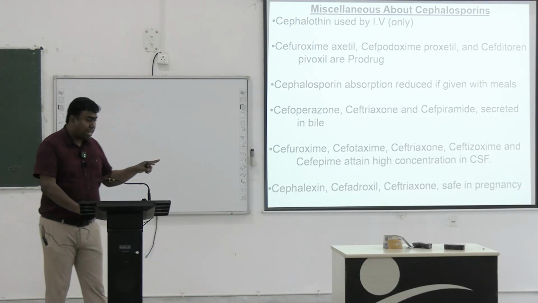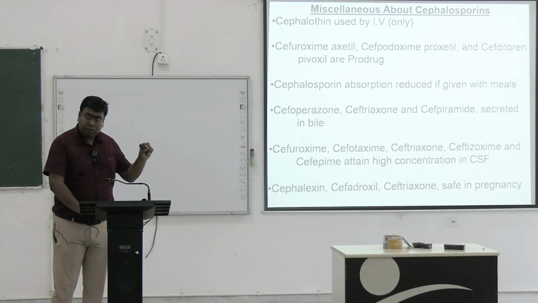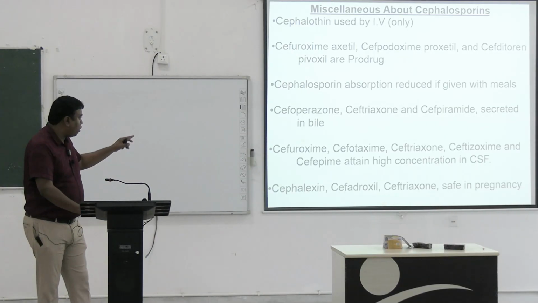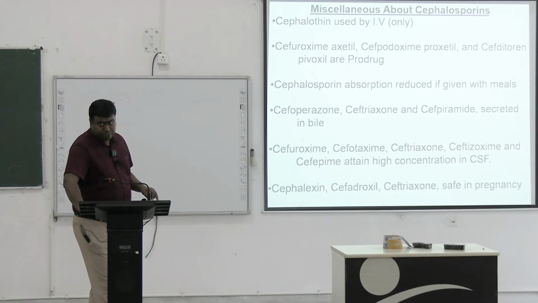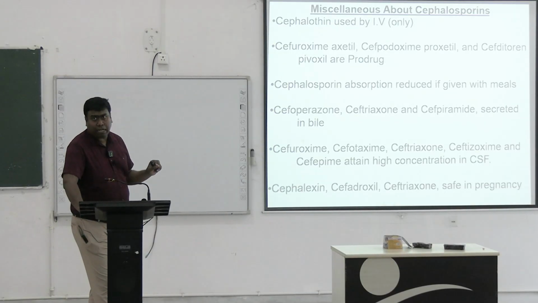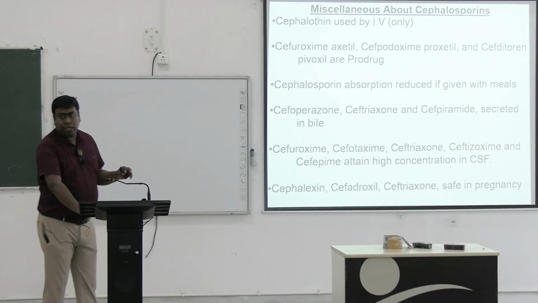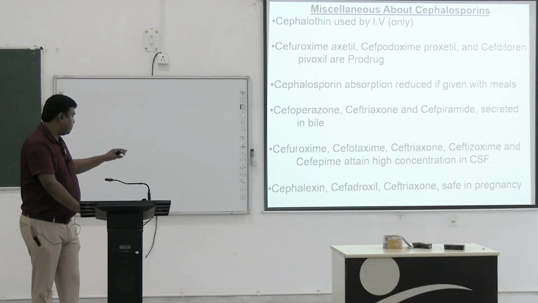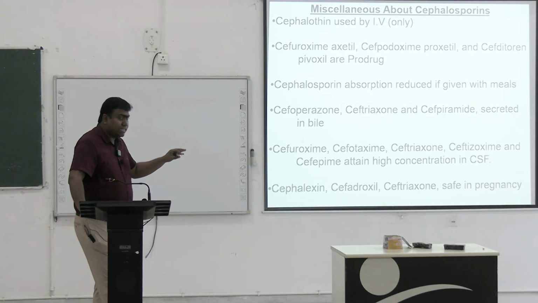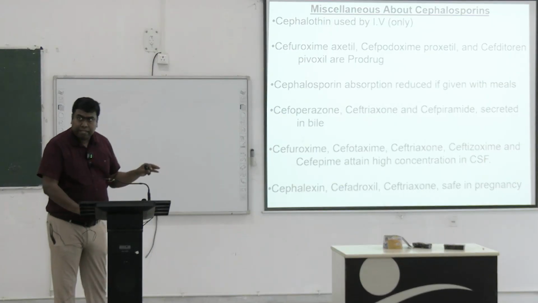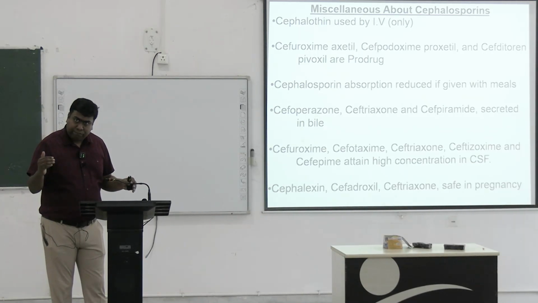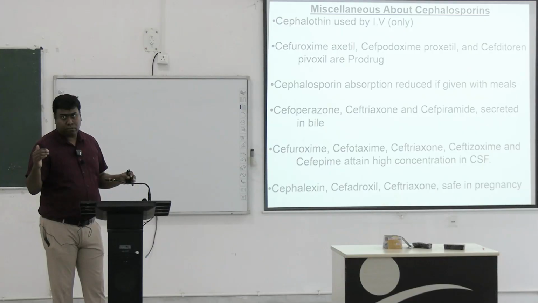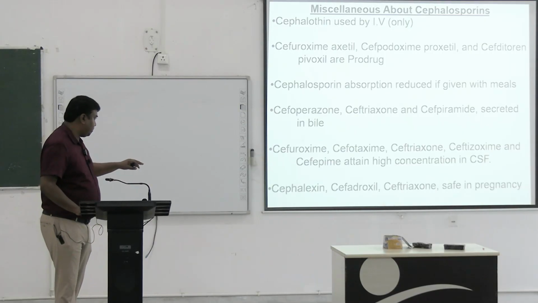Third generation ceftriaxone, bile secretion, good CSF penetration along with cefuroxime, cefotaxime. কিছু করার নেই, কিছু মনে রাখতে হবে, এগুলো এমসিকিউ এলে নালে বাদ চলে যাবে। প্রেগন্যান্সিতে সেফ, প্রেগন্যান্সি সেফ এগেন সেফট্রিয়াক্সোন। তাহলে সেফট্রিয়াক্সোনে কি হলো? বাইল দিয়ে সিক্রেট, প্রেগন্যান্সিতে সেফ, সিএসএফ পেনিট্রেশন ভালো, অল থ্রি সেফট্রিয়াক্সোন।